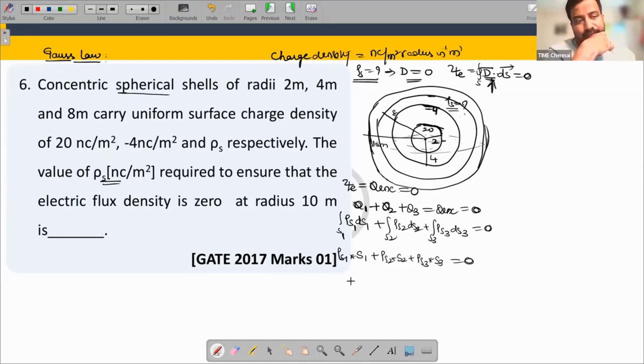Rho s1 is 20 into 10 power minus 9. Surface 1 is having radius 2. Surface area of a sphere of radius r is 4 pi r square, so 4 pi into 2 square